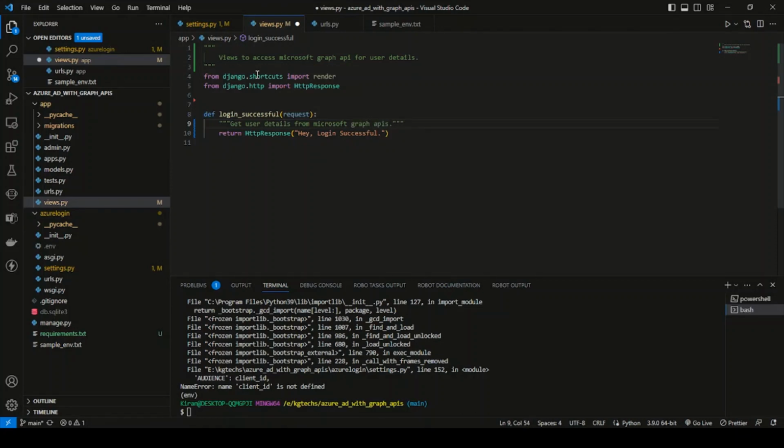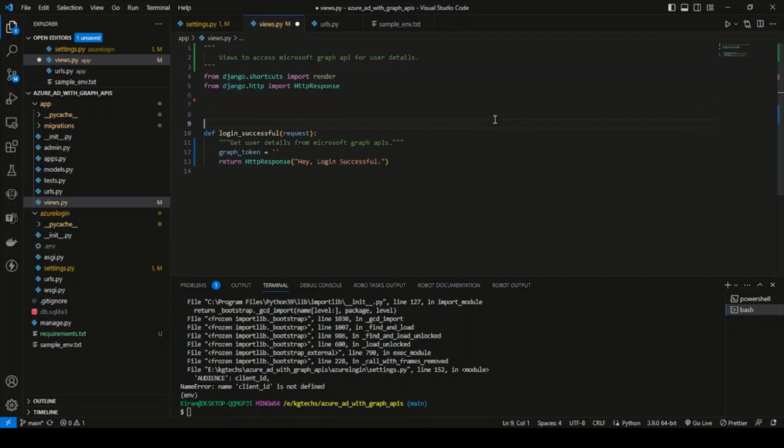Now first of all what we need to do is get the graph token. To get the graph token we need to write graph underscore token is equal to,